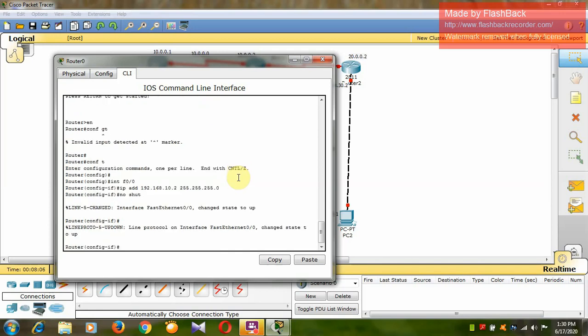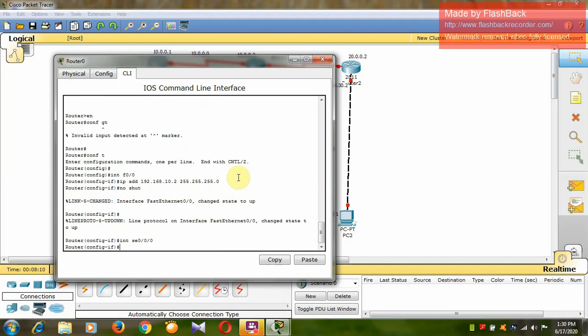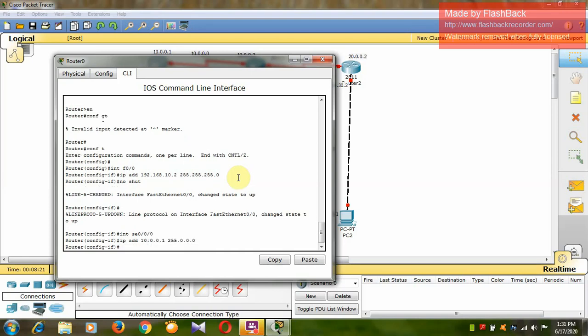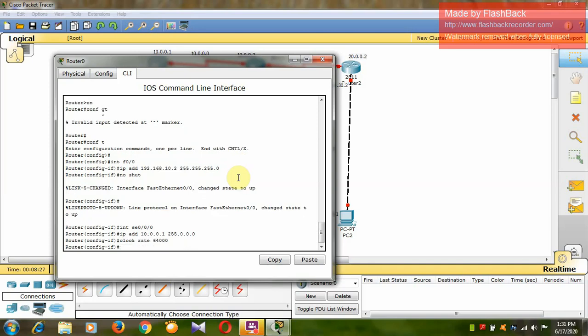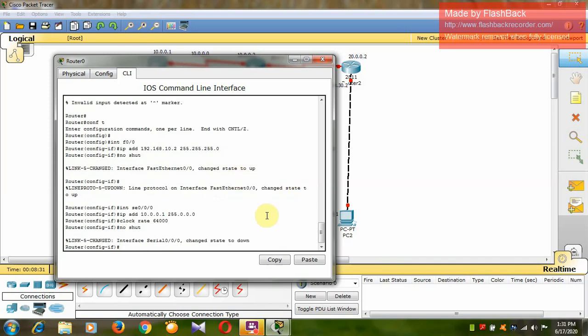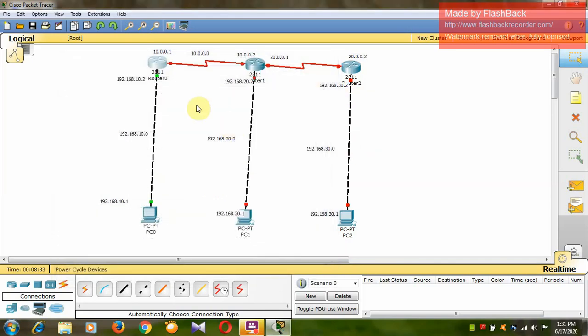Okay, now there is one more interface, that is 0/0/0. The IP address I have given here is 10.0.0.1 with the subnet mask 255.0.0.0. Sorry, you have to assign the clock rate here since there is a clock symbol. Clock rate 64000, and again no shut. Okay, no shut. You can see that the signals have changed to green.